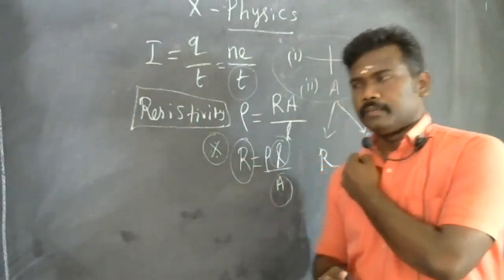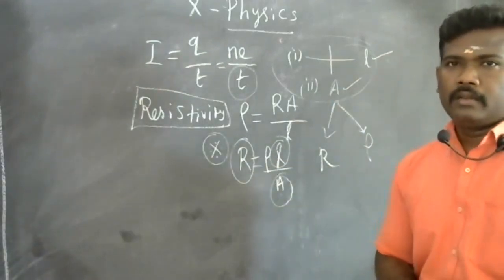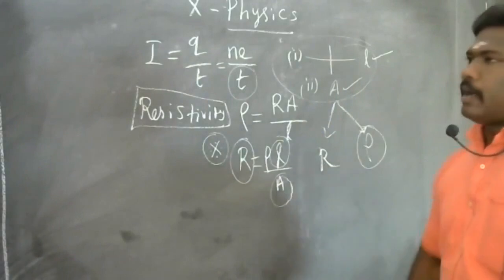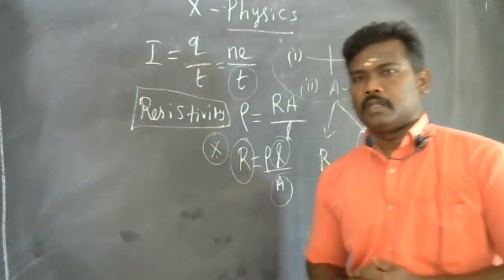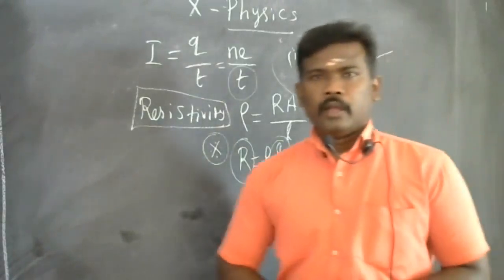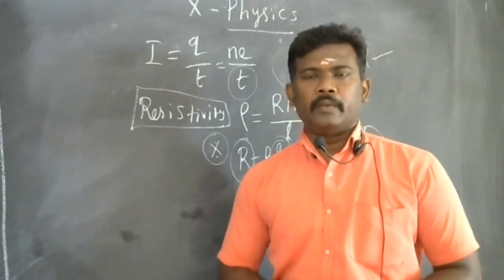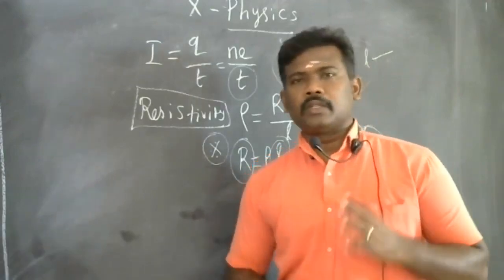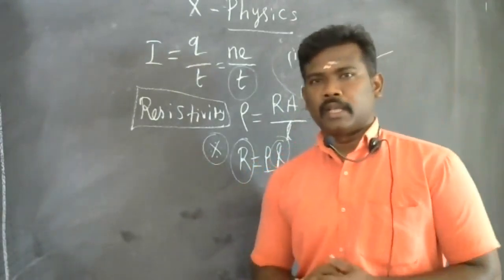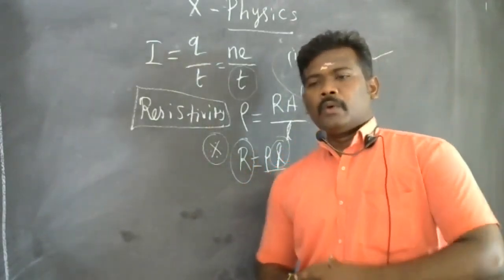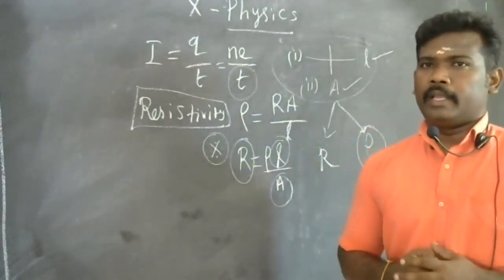The resistivity, if you are changing the length or the area of cross section, the resistivity of the particular material is a constant. It never changes because you are choosing a fixed material. If you are selecting copper, and you elongate the length or change the area of cross section, there is no change in resistivity, because the resistivity of a particular material is a constant. You don't change the material, so for a particular material resistivity is constant.